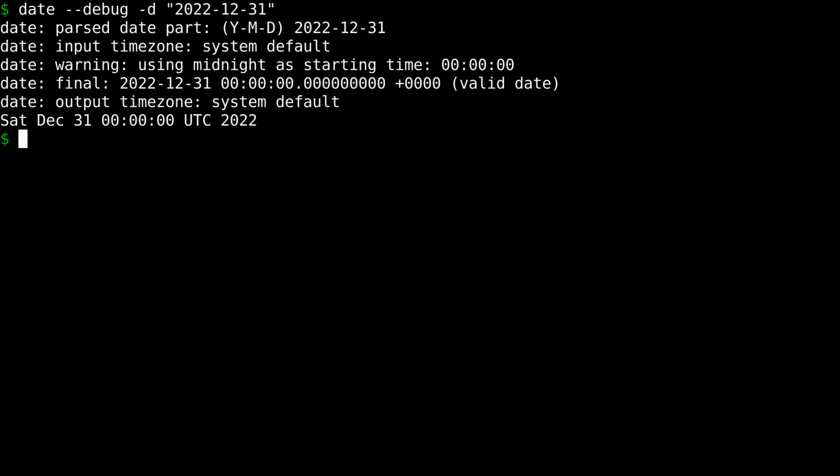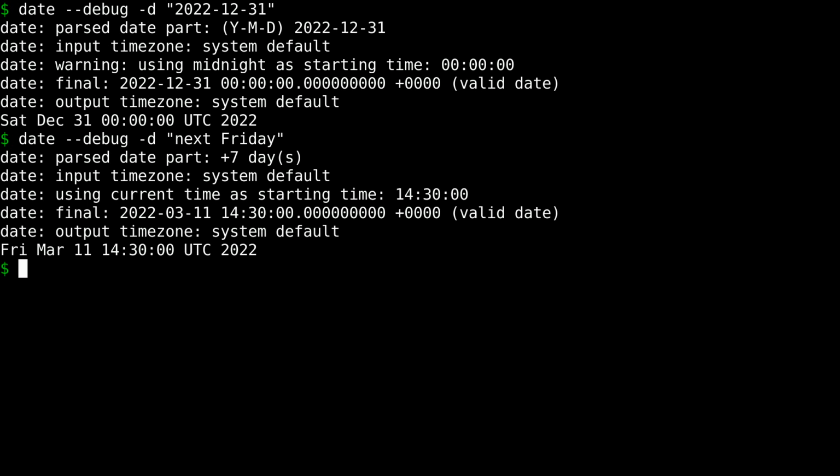In our second example, we will use the date command with the --debug flag and a more complex date string. Again, the --debug flag provides detailed information about how the date command is interpreting the date string. It tells us that it is adding 7 days to the current date to get next Friday. It also tells us that it is using the current time as the starting time because we did not specify